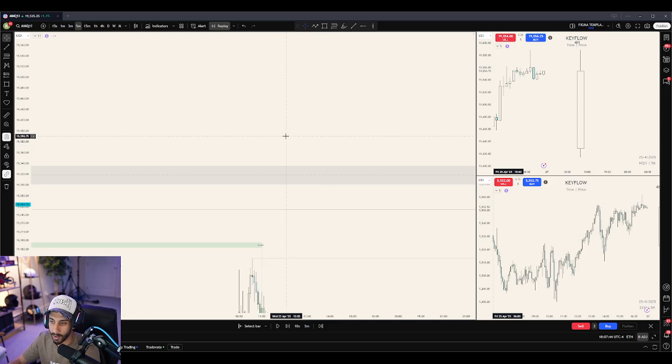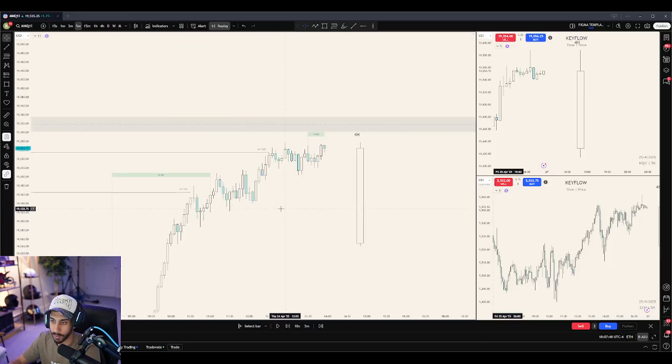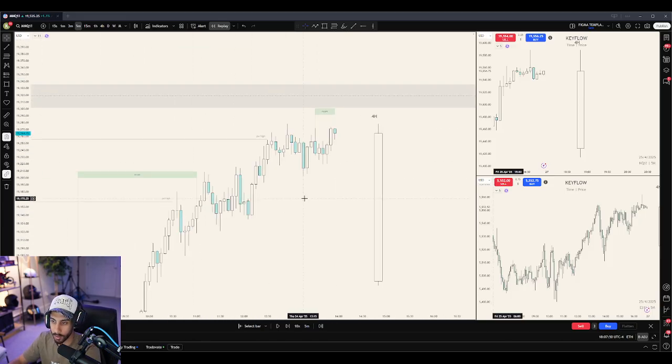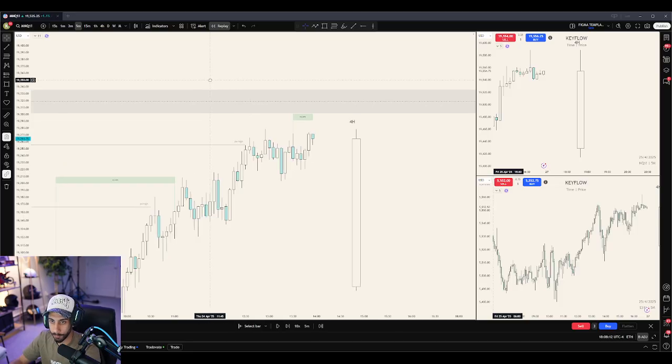Now, keep in mind, the 5-minute does not really have an aligned time frame. The lowest time frame PD array you can use an aligned time frame with is the 15-minute. So you cannot use the 1-minute here as a change in state of delivery entry. So I'm really just looking for a limit entry, as long as we have SMT up here and everything else that I'm looking for is present. I would limit sell or even market sell up here.